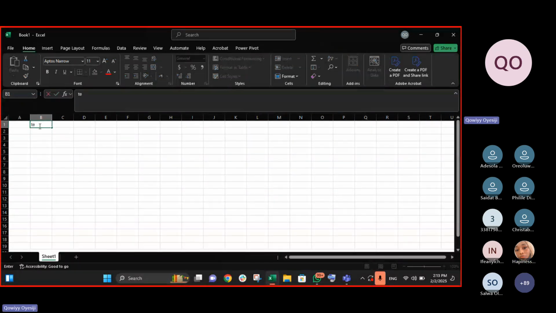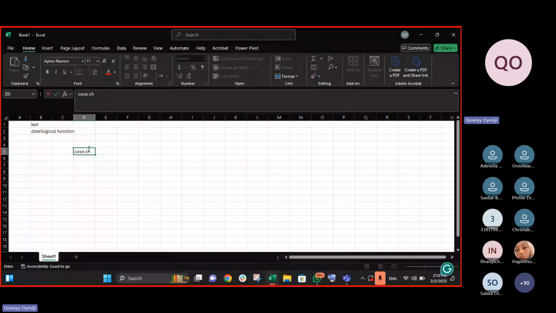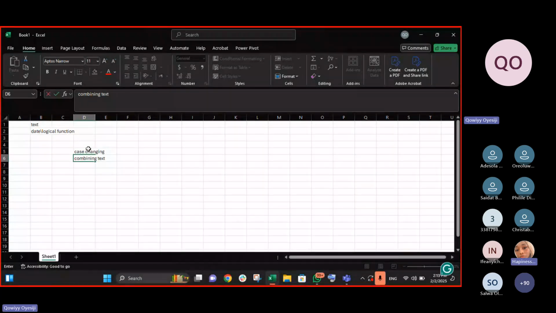Now, what do you mean by text function? These text functions are the functions we use to perform some basic text formatting. We have the one for case changing, the one for combining texts, the one for trimming, and the one for cleaning.